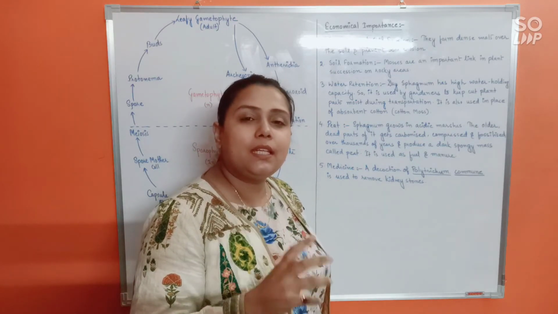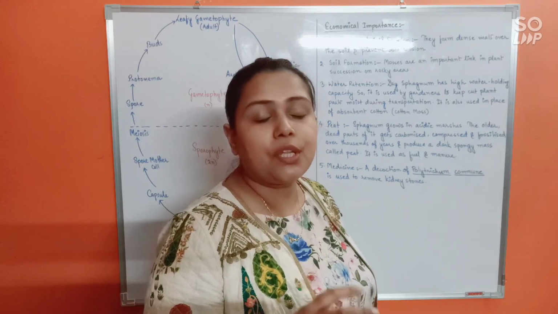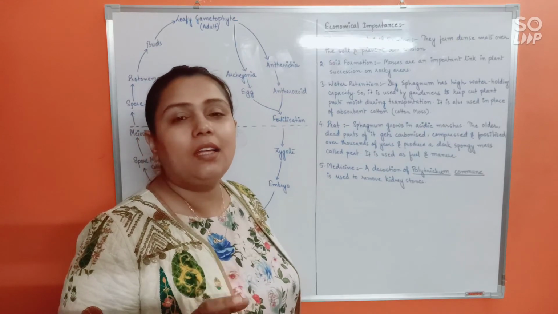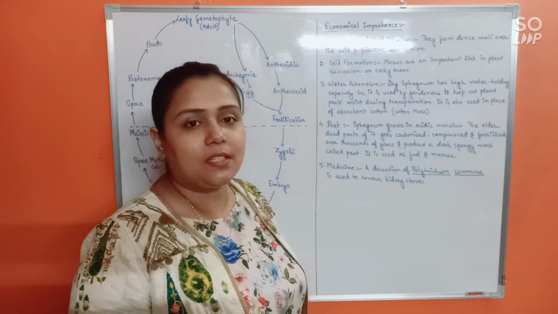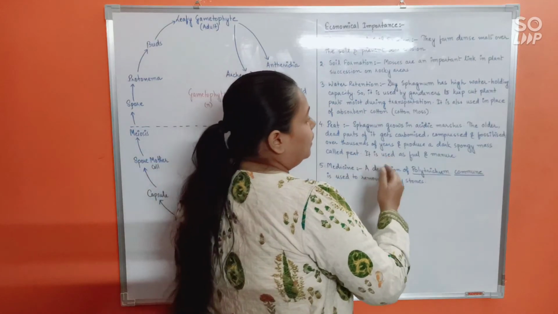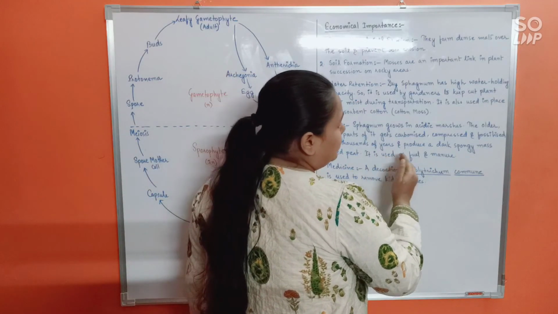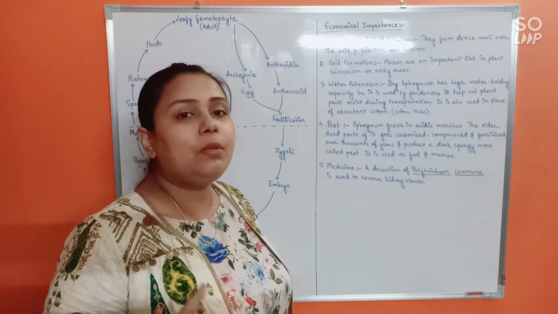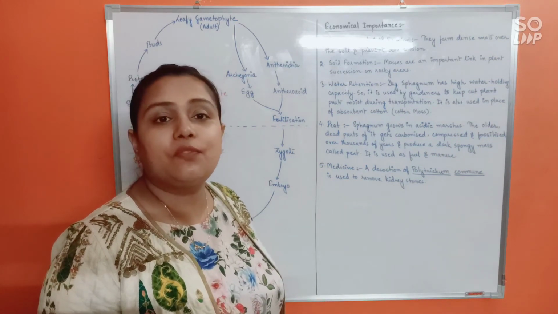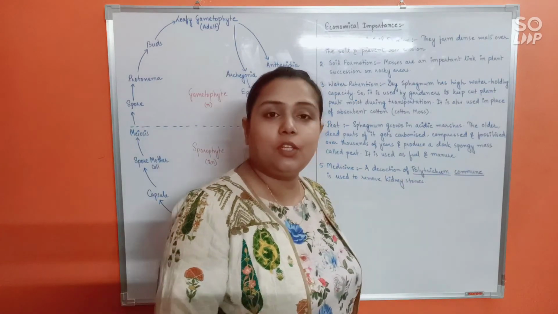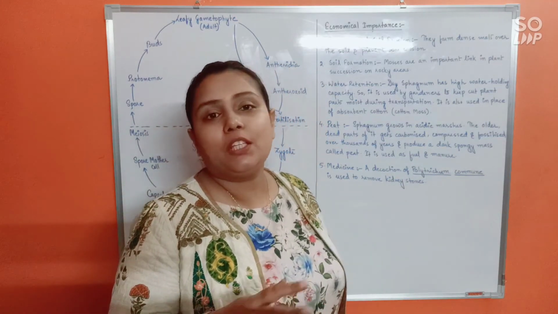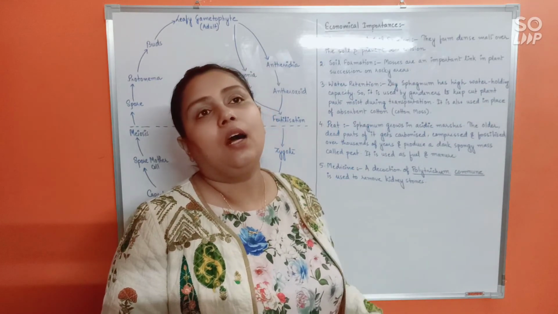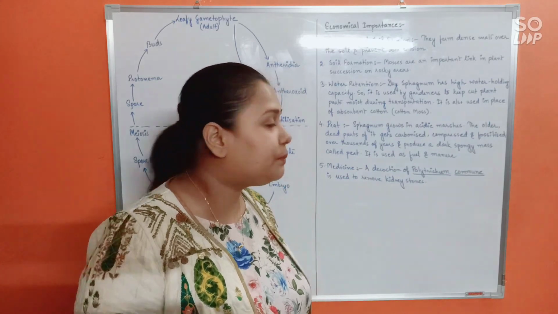Because of that continuous compression for thousands of years, they will eventually get converted into a dark colored spongy mass that's called peat. Okay, and see here, the peat is used as fuel because it is taken out, dried and cut into blocks, and it can be burned. So it is used as fuel. Also, it is used as manure. It is mixed with soil, which will reduce the alkalinity of the soil and also increase its water holding capacity. All right.